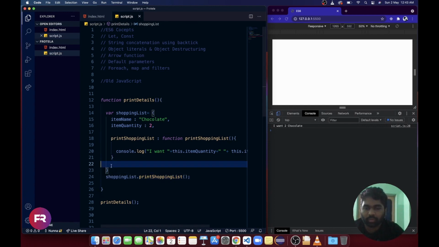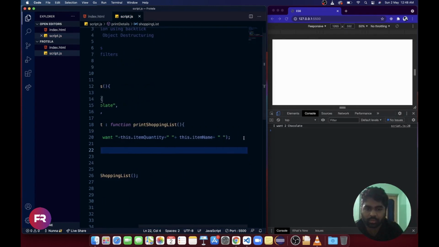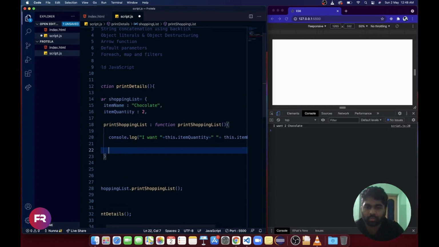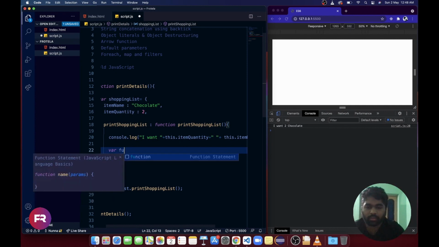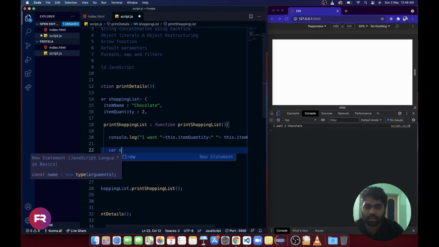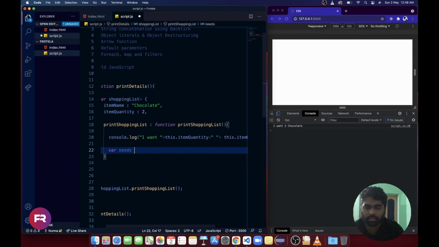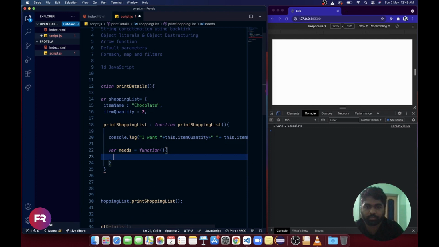What if I add another function inside this? Let's name it needs, equals function.